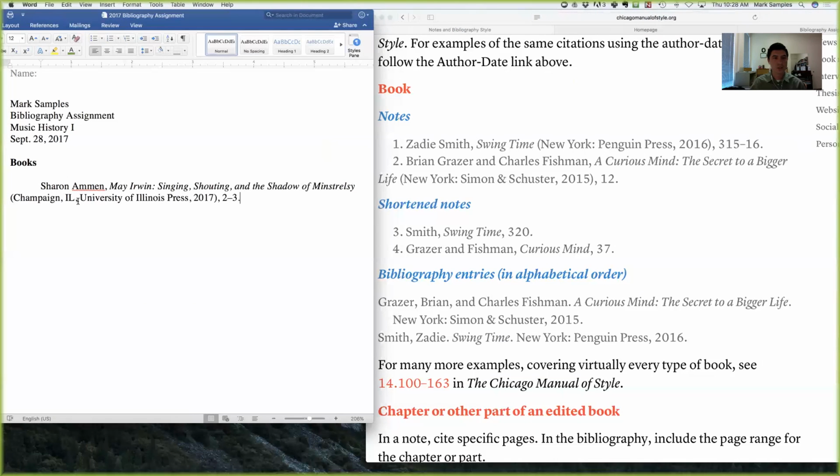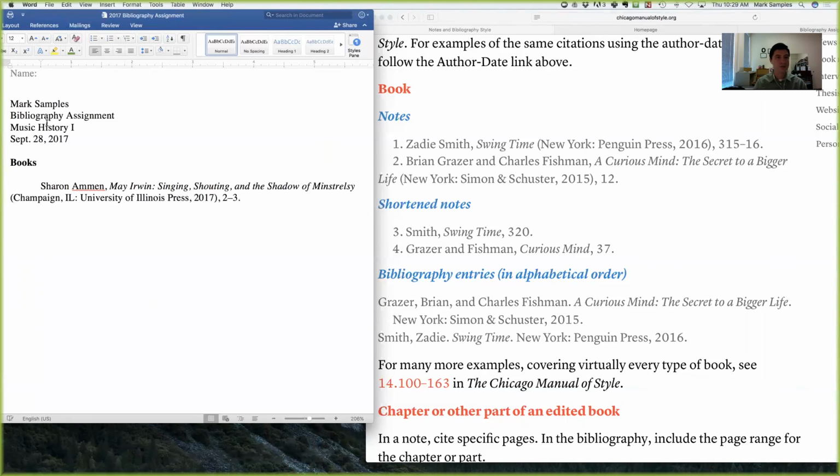Did we have a colon here? Uh-oh, there's an error. So what we need to do is we need to change this to match the style, and the correct style is actually a colon. So following the city, we need to have a colon followed by the name of the publisher. Got that? Comma, year, close parentheses, comma, page number, period. Okay, are we good to go here? Yes. So now all we have to do is